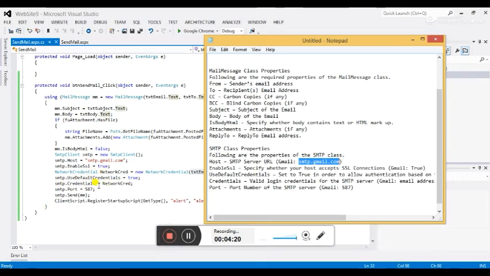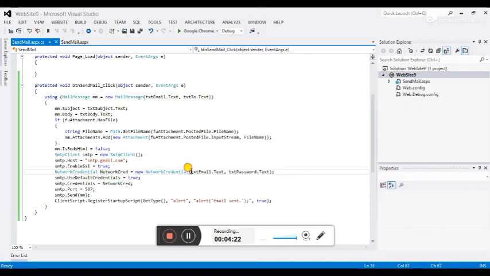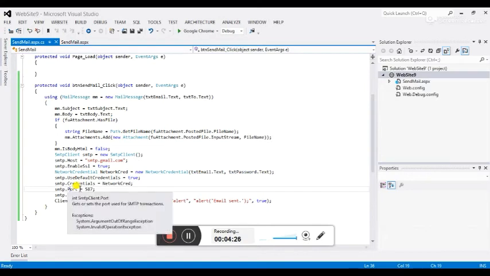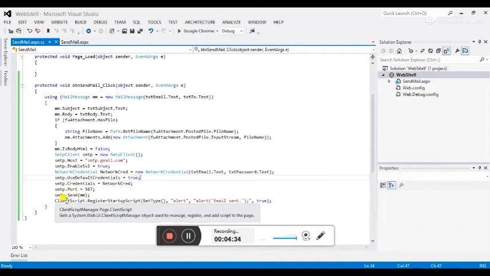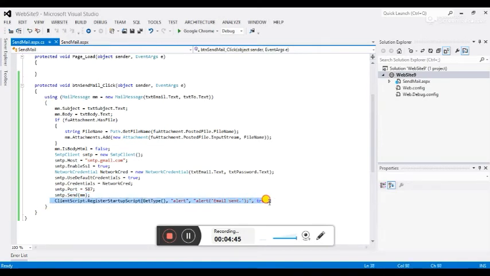I have passed this object, and it contains my email ID and password here, and we have to set the port to 587. For Gmail it is 587, and we have to use this Send function and pass this object here, and after that the email is sent. So we have to show an alert by using a JavaScript pop-up that the email is sent.